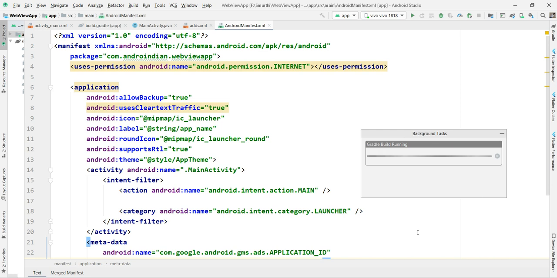Then after this, I want to release one more APK. How do we release one more APK? We can see it here now.